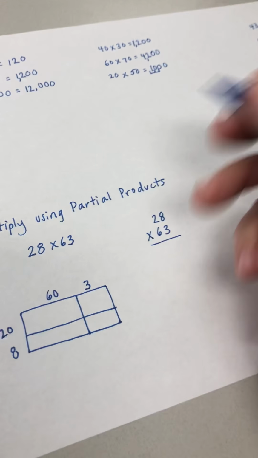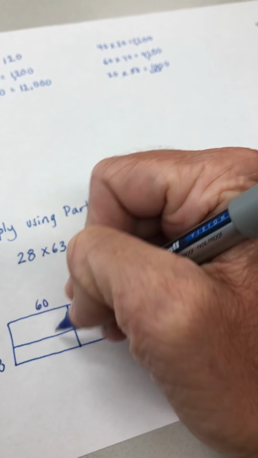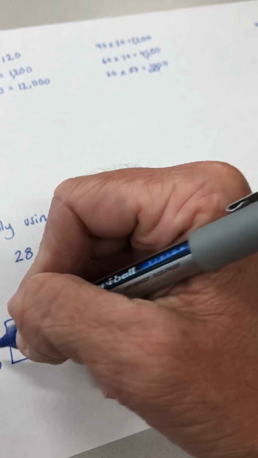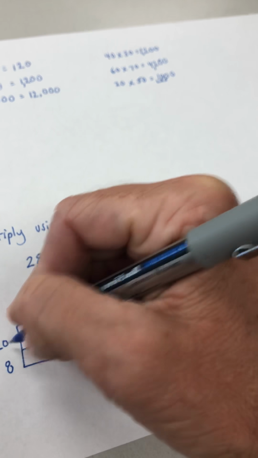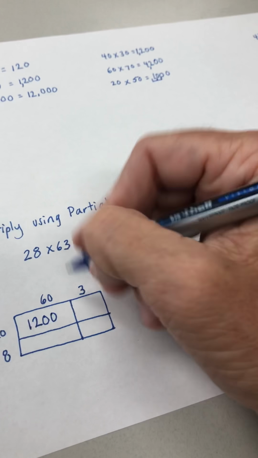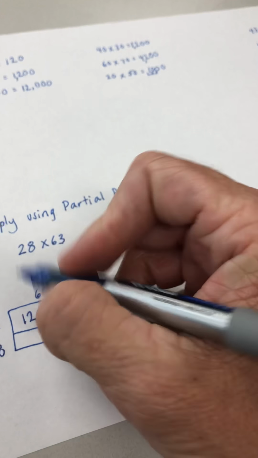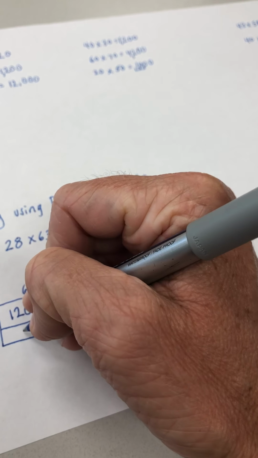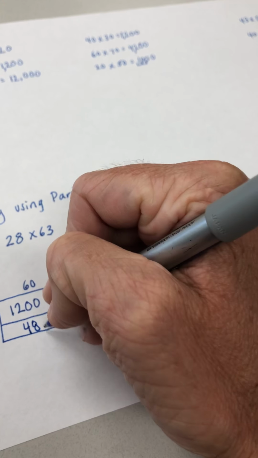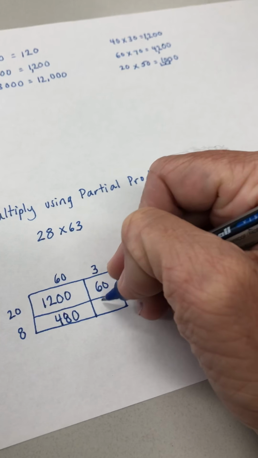All right, so we can start in any order, it doesn't really matter. That's what's great about partial products. I'll start here with my largest value. This square is always going to be the largest value because it's your tens times tens. So 6 times 2 is 12 hundreds. This one's going to be for 20 times 3. That's 60. This is going to be for 60 times 8. 6 times 8 is 48 times 10, 480. And last one is going to be my basic fact,